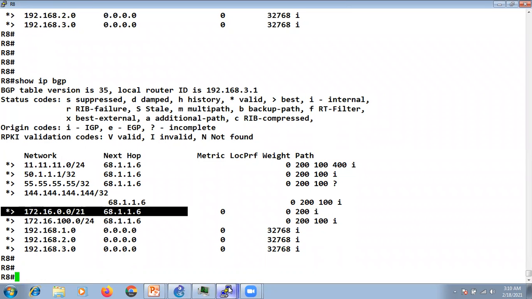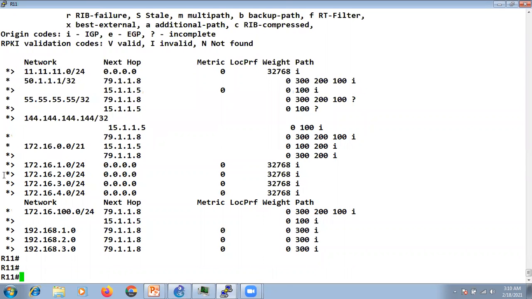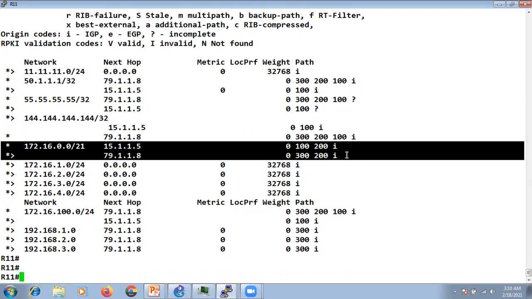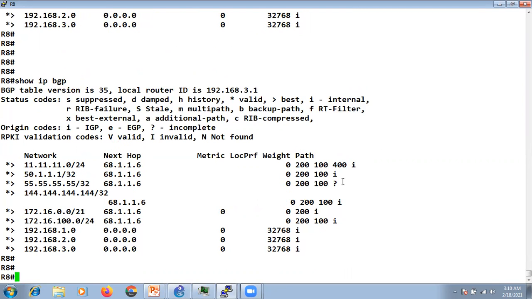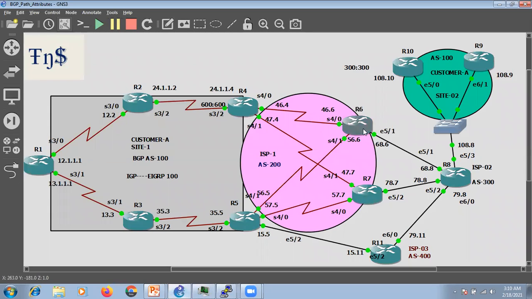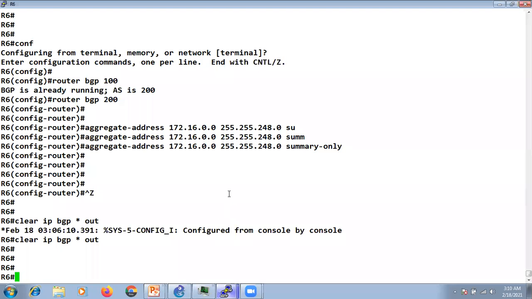So R8 is sending it to R11. So R11 is now accepting this summary from R8. Why? Because the summary route doesn't contain any AS path information, right? It contains the AS information of R6 only, from where this originated, then it passed to AS300. That's why at R11 it is not able to identify that this is its own information, right? So to mitigate this problem, what we can do is at R6,